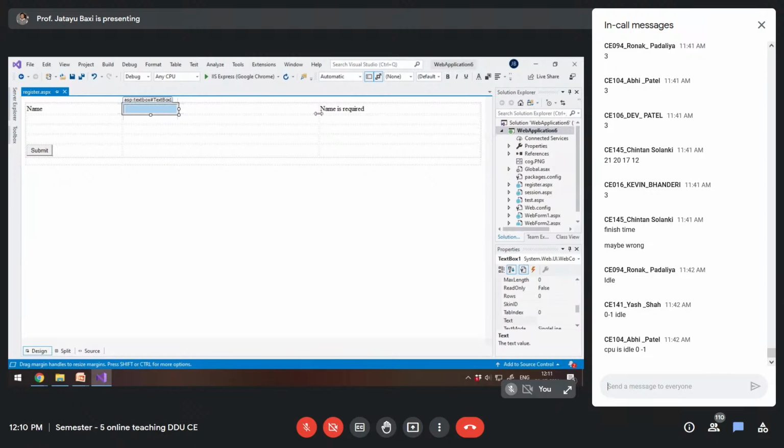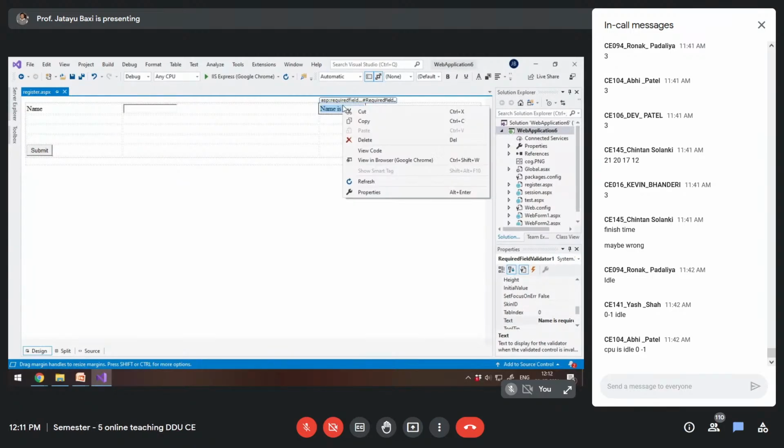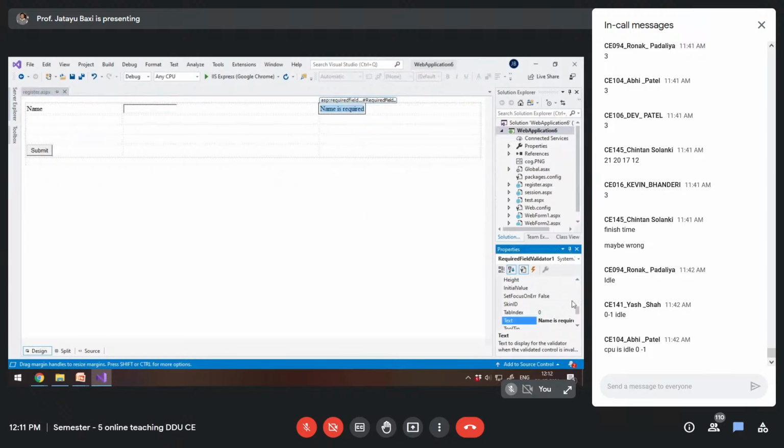So I have to select the control to validate property. If I go here, I have control to validate. If you expand the drop down list, it shows the list of controls available on the page. I already have text box 1, so I will select text box 1.